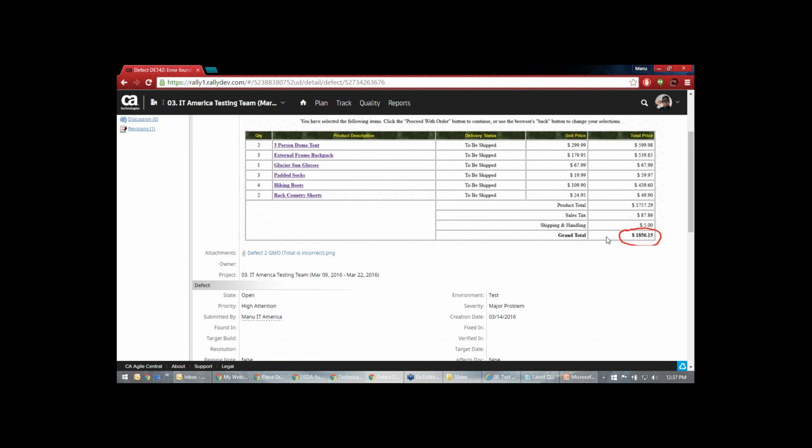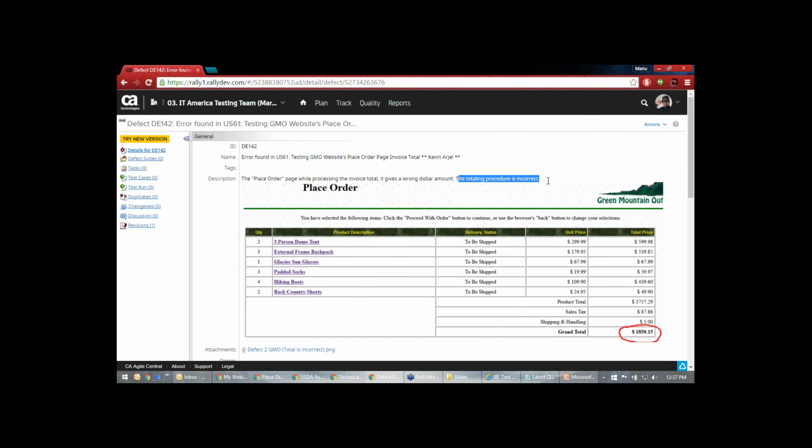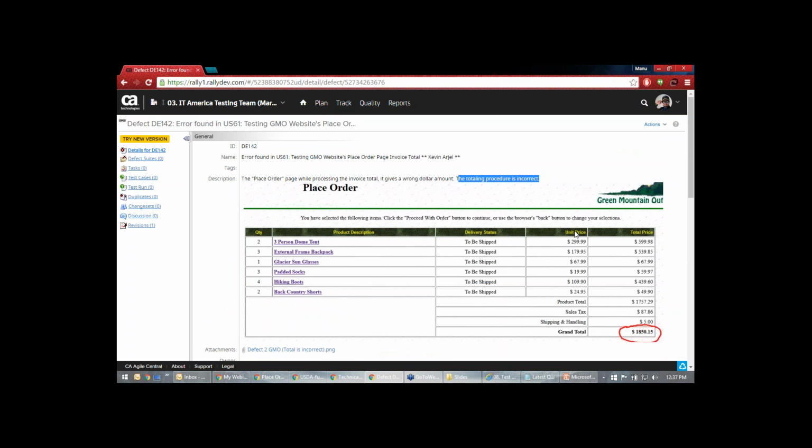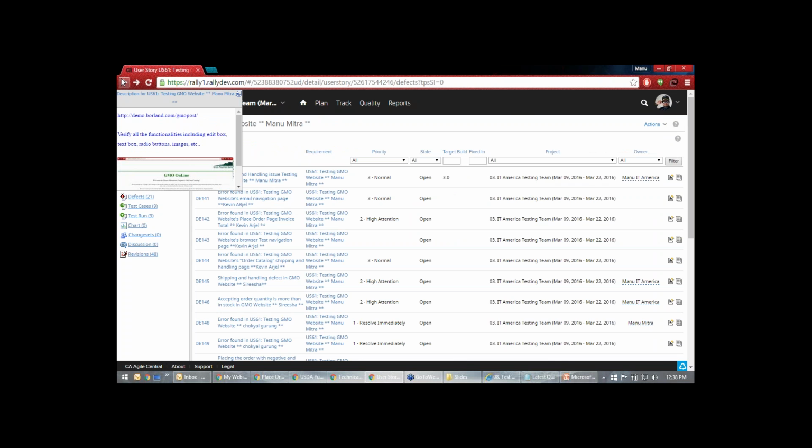Okay, this is good. If this totaling procedure is incorrect, then of course, see, that's a very good point. I didn't know this, right? So this is a very good thing to talk about. Whenever you get a chance, you need to talk about this. See how we are trying to do the total, and I'm getting like 1850, but while we're trying to total it, it's completely different. Okay, so this is a very good defect.